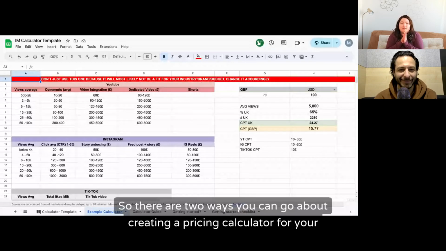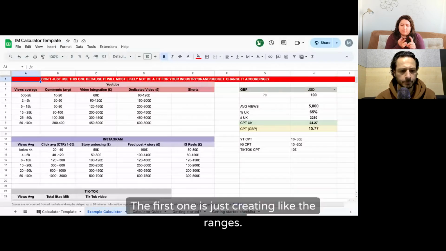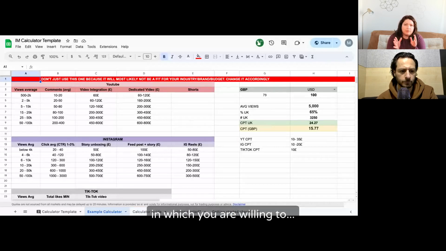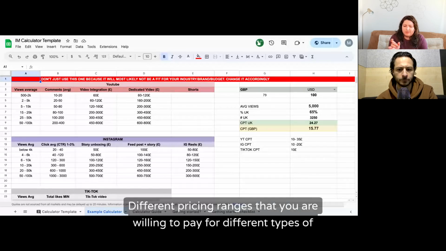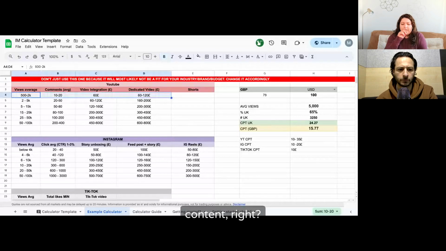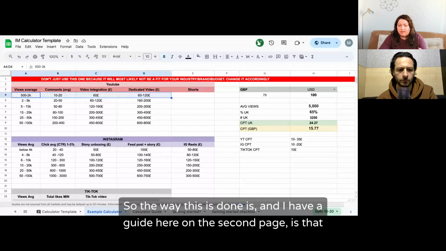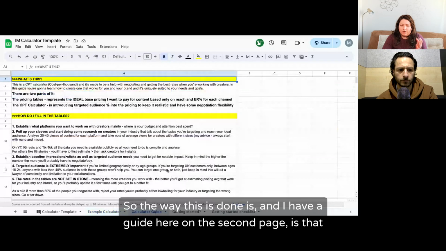So there are two ways you can go about creating a pricing calculator for your team. The first one is just creating the ranges, the different pricing ranges that you are willing to pay for different types of content, right? So the way this is done, and I have a guide here on the second page, is that